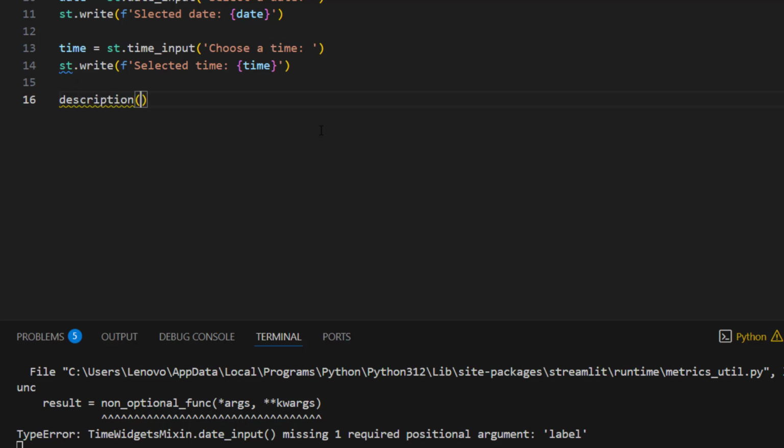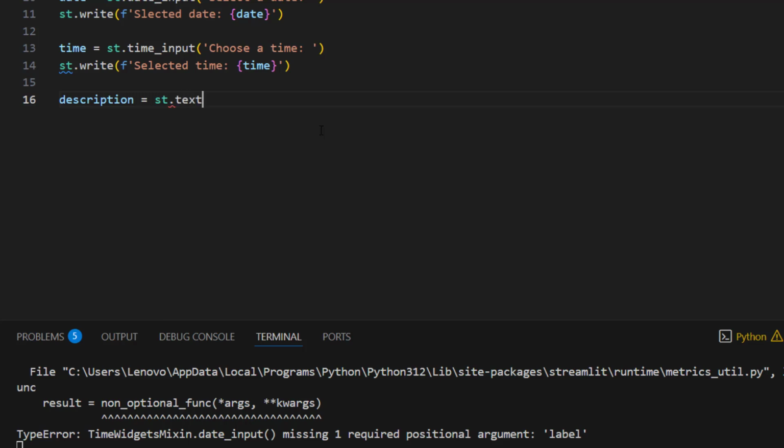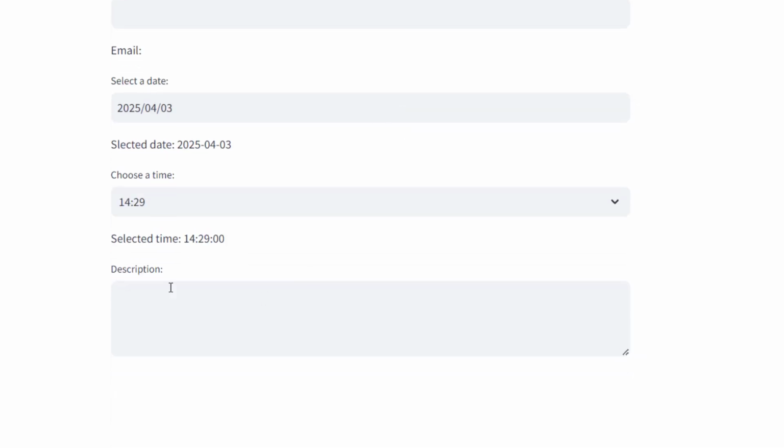This description will be equal to st.text_area, open and close, and I'm going to write description. Save. Now if I refresh, we can see the description area here.